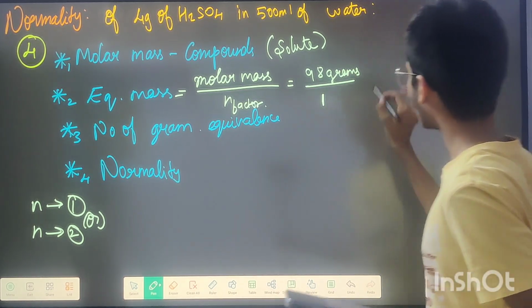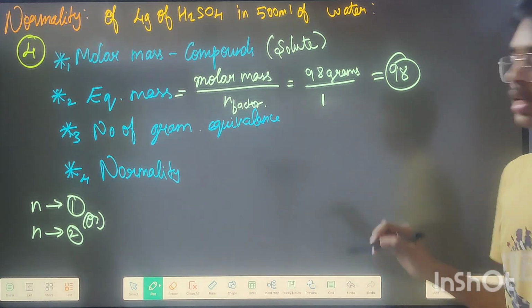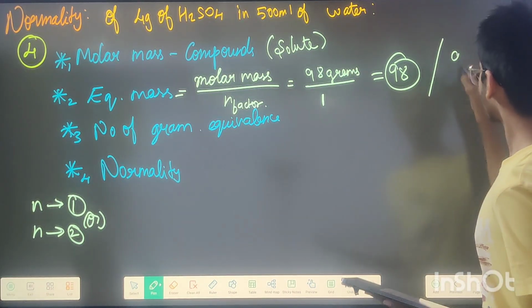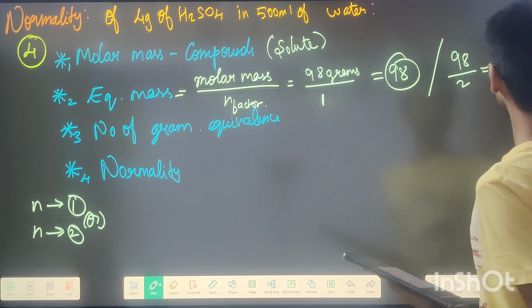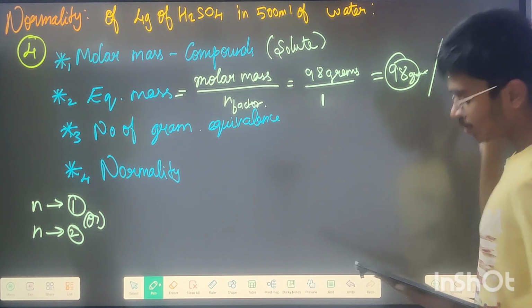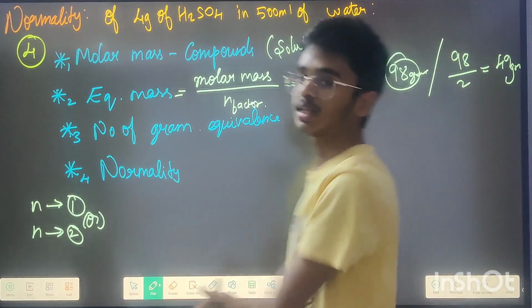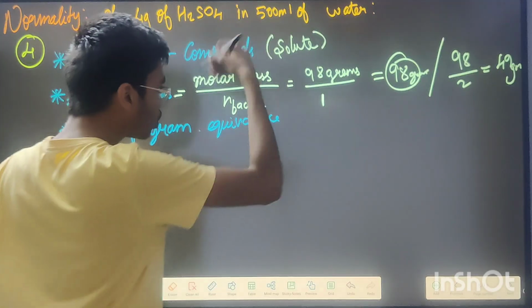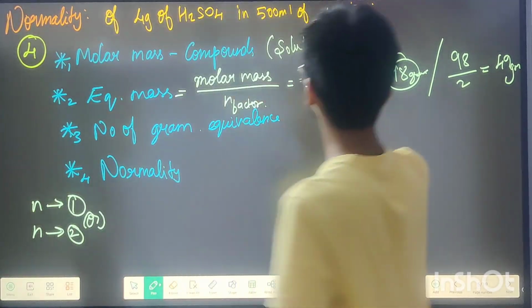If in case it is 1, then the value is going to be 98 only. So your equivalent mass is going to be 98. If in case it is 2, then it is going to be 49 grams. Here it is grams. That means what? What does equivalence mass mean? It means that out of 98 grams, the molar mass of H2SO4,